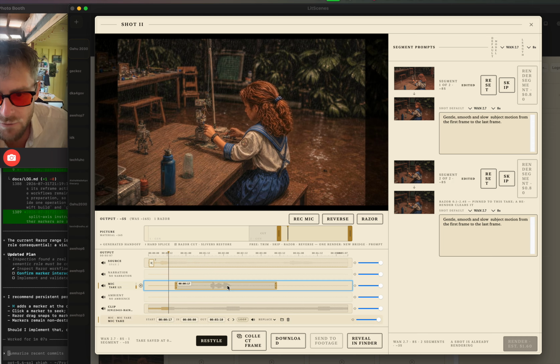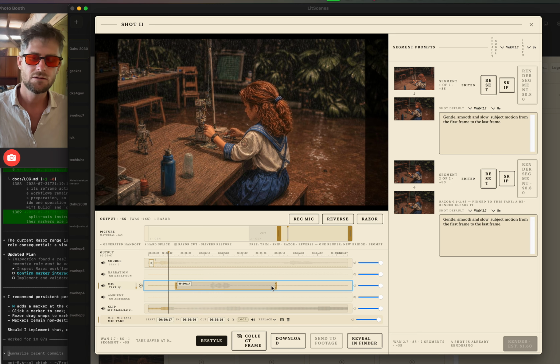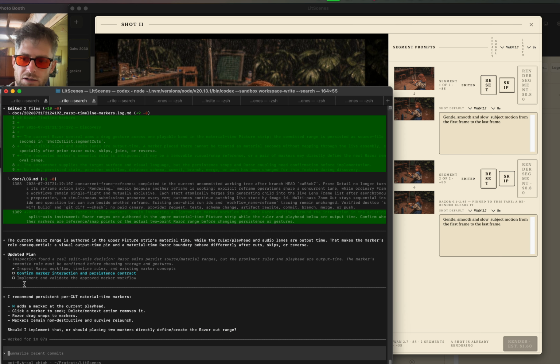We should slow it down if we can. Can we slow-mo this thing? I don't think so. I don't want to add that right now, but maybe I do. I mean, what is the feasibility of adding a duration, speed control